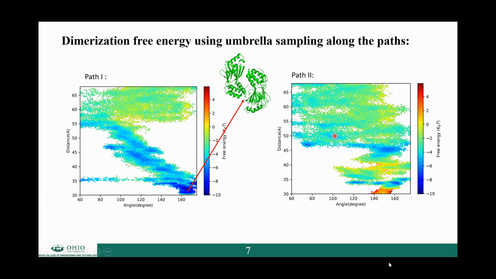So overall, this free energy calculation shows that there is a dimer structure, or favorable dimer structure, for non-phosphorylated IRF3, but as we can see, it is path dependent what the final dimer structure would be, or there are a couple of local minima in the second path as well.